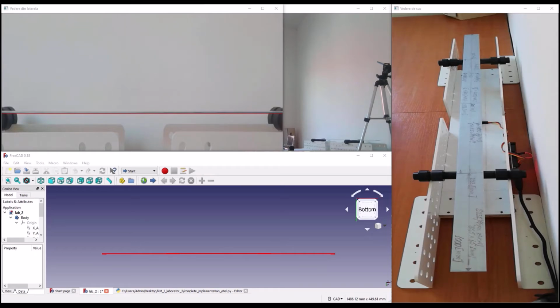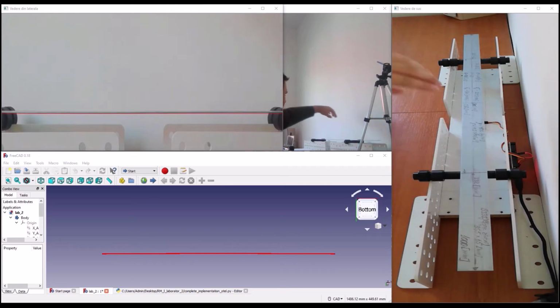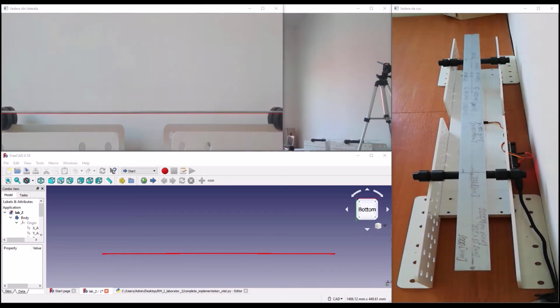The displacement reading is done using an ultrasonic sensor, which is placed underneath the beam. This ultrasonic sensor is wired to an Arduino Mega board. The sensor emits and reads ultrasounds, similar to an echolocation system. It calculates what distance the sound wave traveled in the amount of time. The system is initially calibrated to 0, as we can see from the live feed. Any deviation of the beam, like something like this,